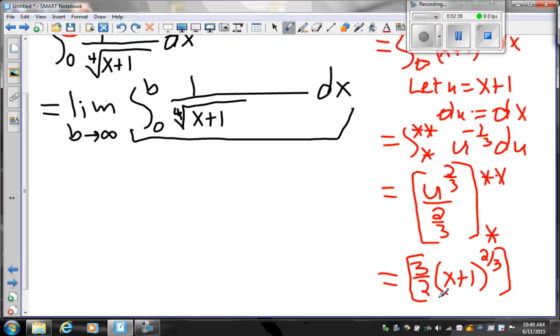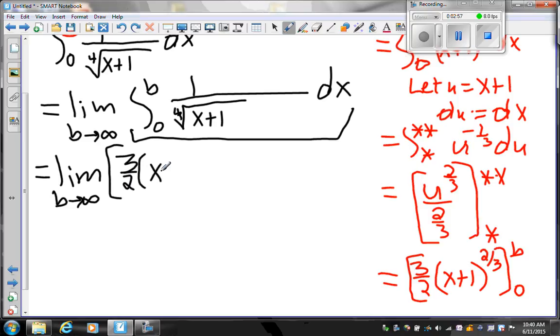Now that we're back to x's, we can go back to our original limits of integration, 0 to b. So if we take that back over to our improper integral, we have the limit as b goes to infinity of 4/3 (x plus 1) to the 3/4